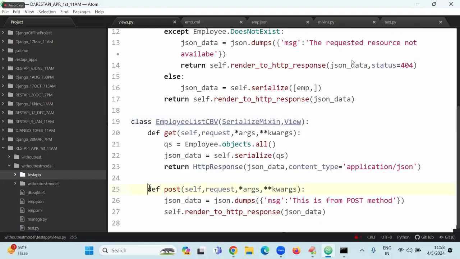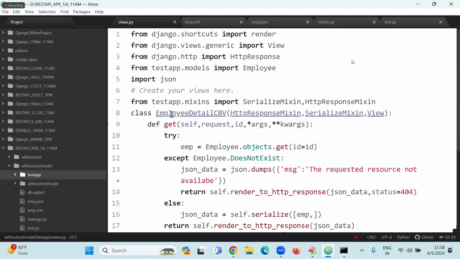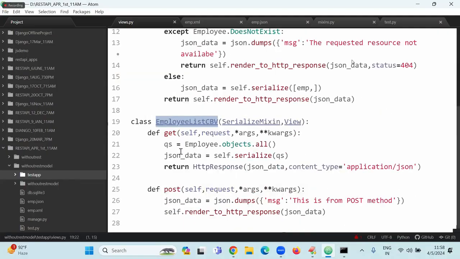Why disable the get method, post method, all the methods? Suppose this Python file contains a first class, a second class, 10 classes. If you implement at project level, it applies to all classes. So here,